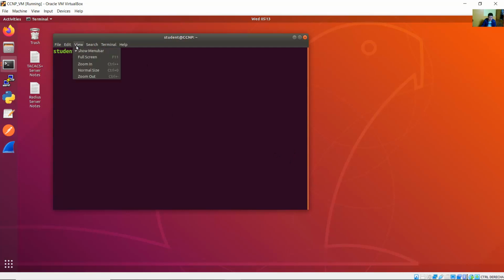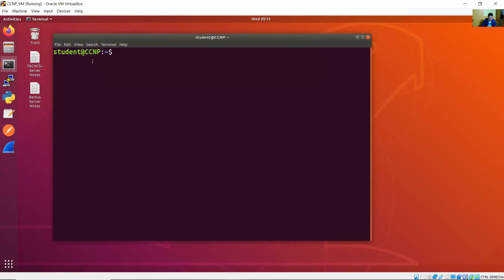And you can use the following command for SSH access. SSH, the username developer, and the name sandbox-iosxe-latest-1.cisco.com. Okay, enter,